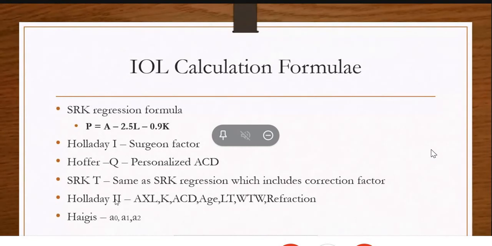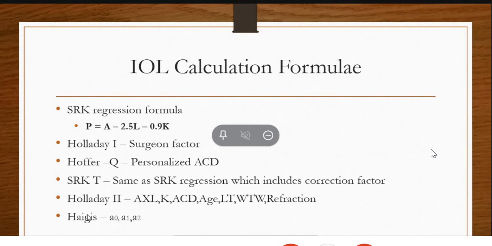So whenever you are calculating the Holladay 2, you want to have an axial length value, keratometer value, then the ACD of the patient, then the age, lens thickness, white-to-white distance, and then the refraction. So whenever you are calculating Holladay 2, it follows all these values, and it will be a little more accurate than SRK/T. So the Haigis formula, they formulated Haigis mostly for patients who have different ACDs,